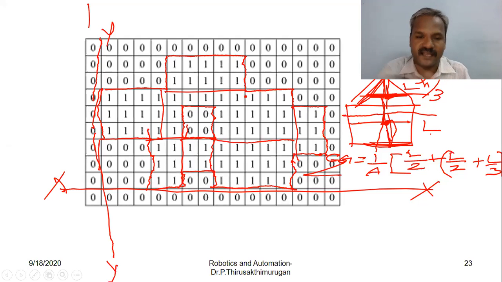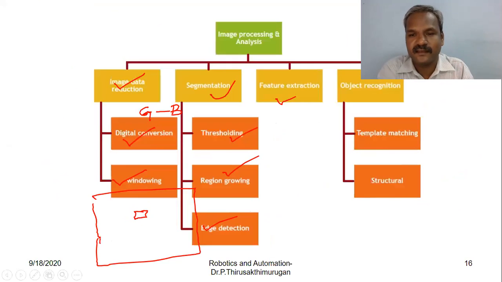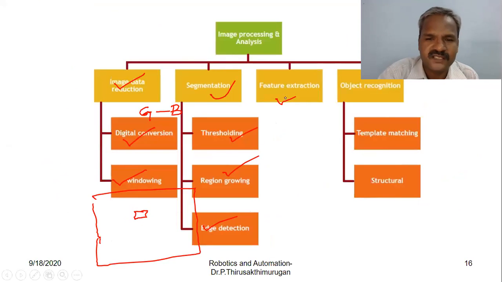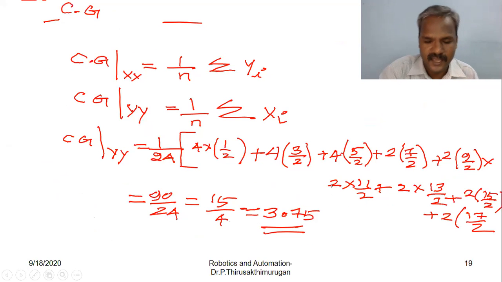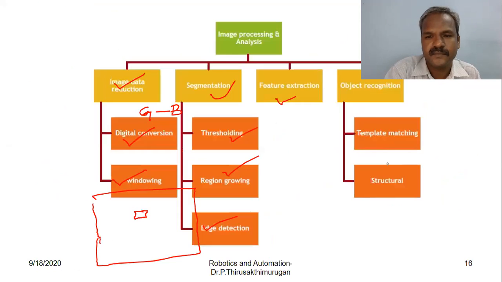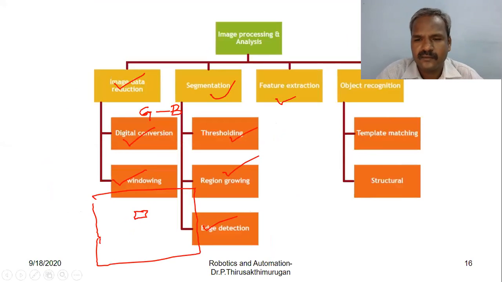Once the feature is extracted, based on this parameter, we can recognize the object by template matching.